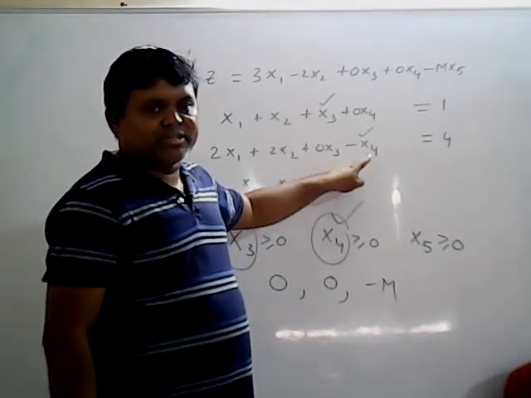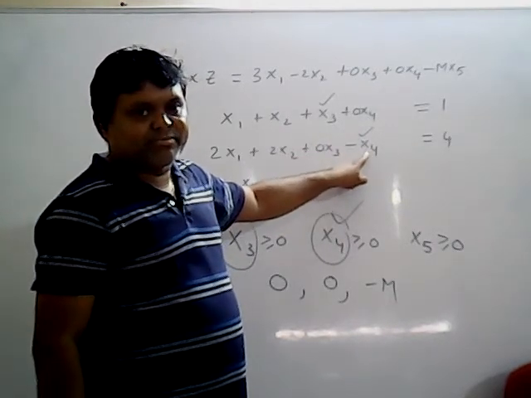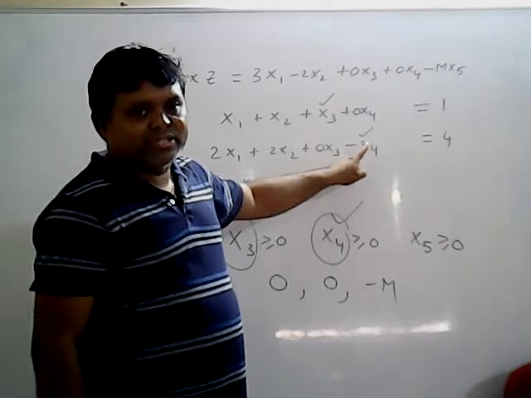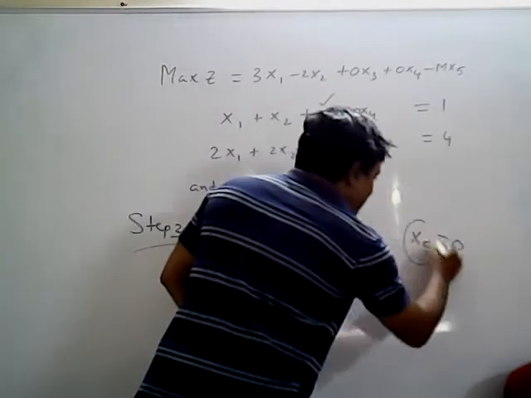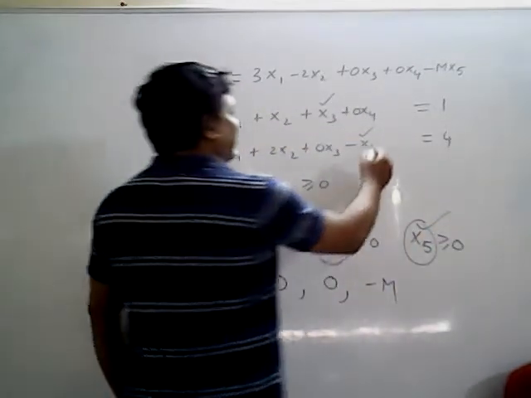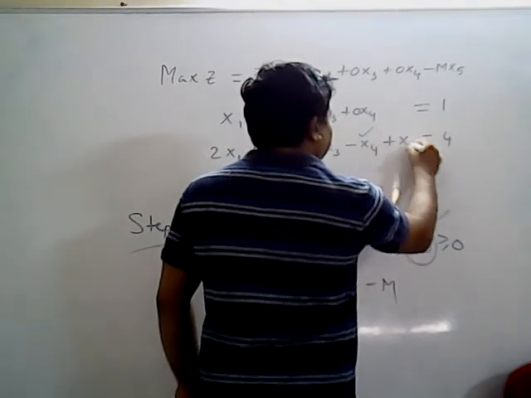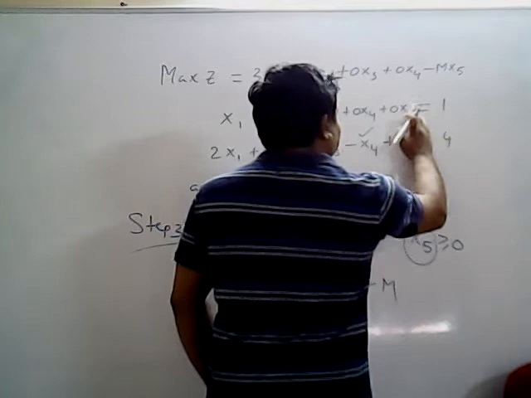So where is the surplus variable used, first constraint or second constraint? Second constraint. That means you require an artificial variable for the second constraint. Is the artificial variable added or subtracted? The artificial variable is always added. So what is the artificial variable? Artificial variable is x5. So x5 is considered only for the second constraint, meaning x5 is added. Added means plus x5. And in the first constraint this is 0x5.